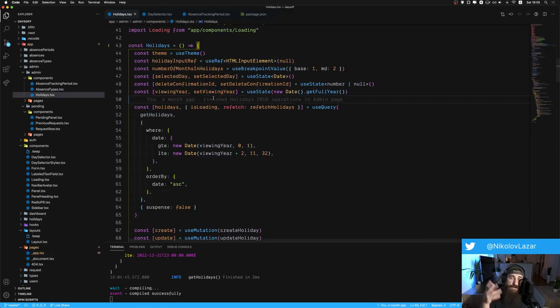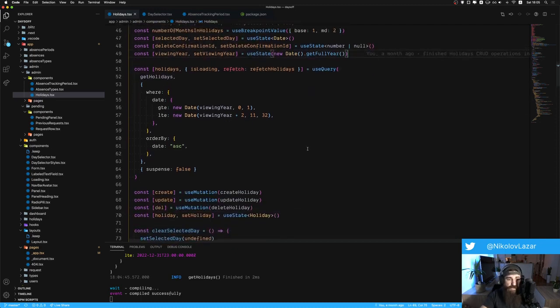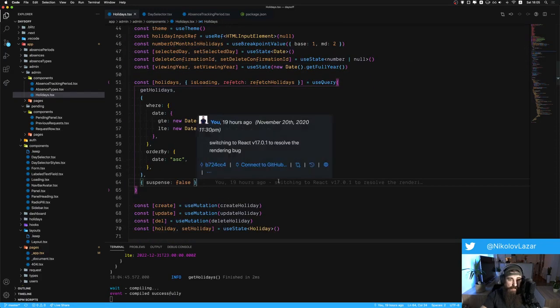That's actually the price that we have to pay, at least for now, until Suspense gets into React and Chakra, maybe Chakra UI tests using the experimental version of React, or Blitz.js moves to a stable version of React. But for now, this is what we have to do, and that's it. So there's an additional responsibility